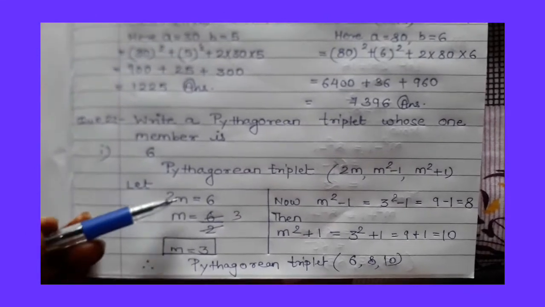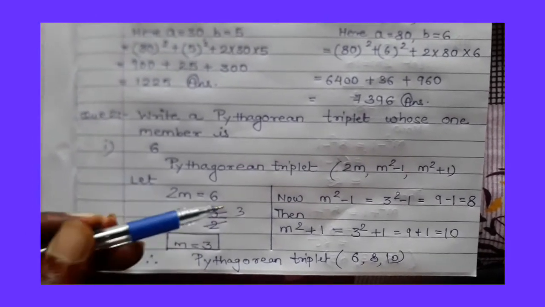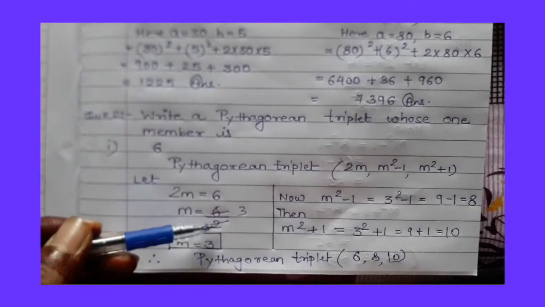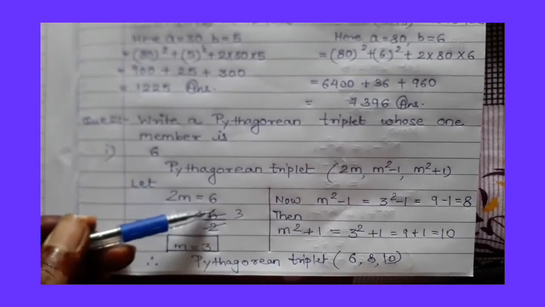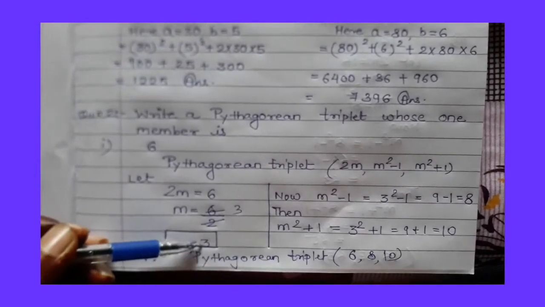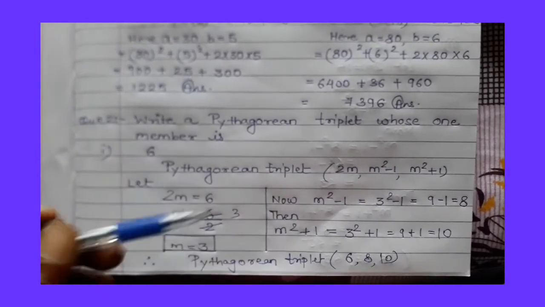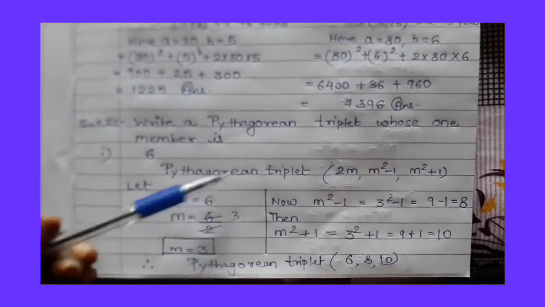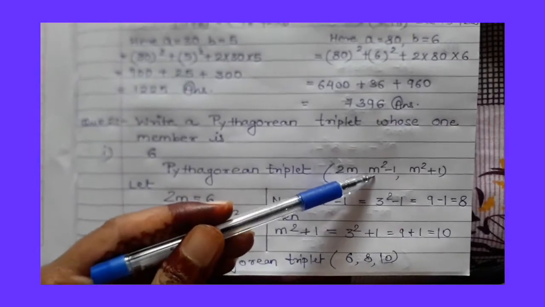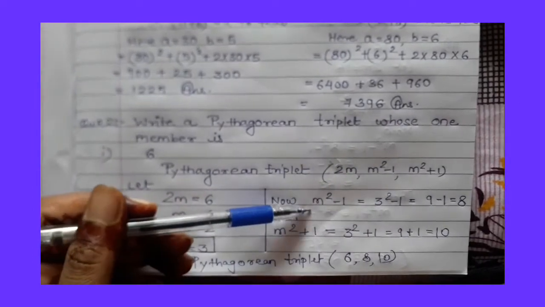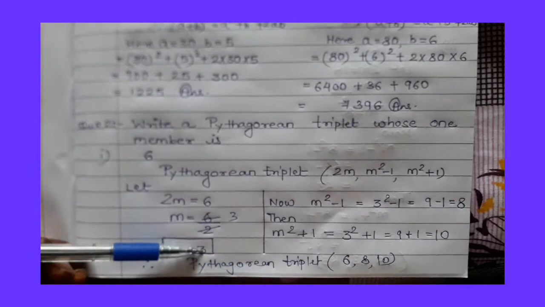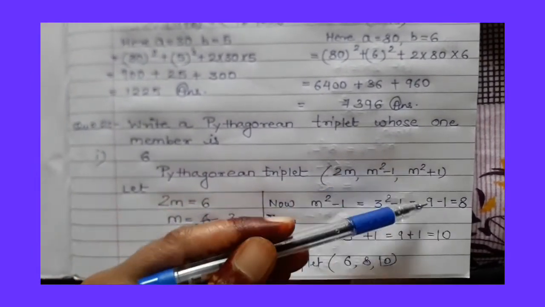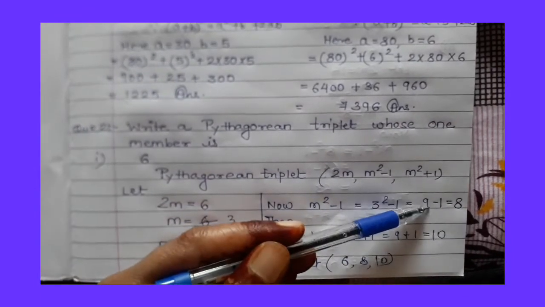Now when you will find value of m, when you transpose this 2, तो ये m के साथ किस में है, मल्टीप्लाई में है, तो कहाँ जाएगा, डिवाइड में. Now 2 3s are 6. So you got m is equals to 3. So now you got value of m. अब आपको क्या फाइंड करना, 2m ऑलरेडी यू आर हैविंग 6. Now remaining member, that is m square minus 1. m square minus 1, here m you got 3. So 3 square minus 1. Now 3 square is 9 and 9 minus 1 is 8.